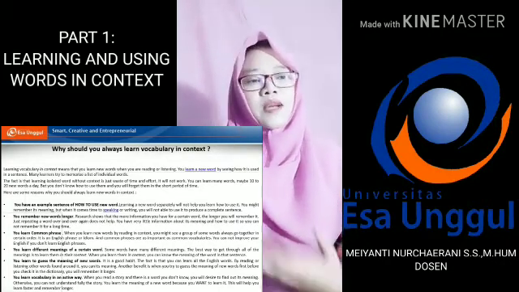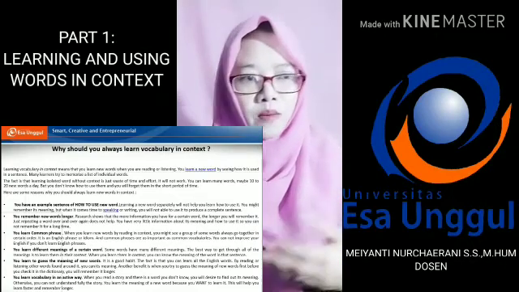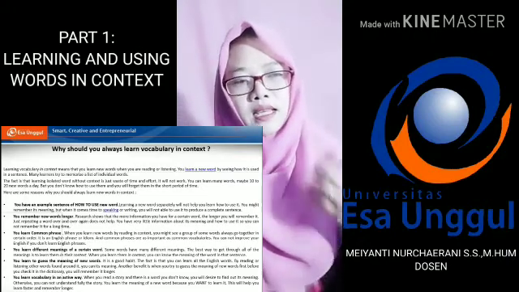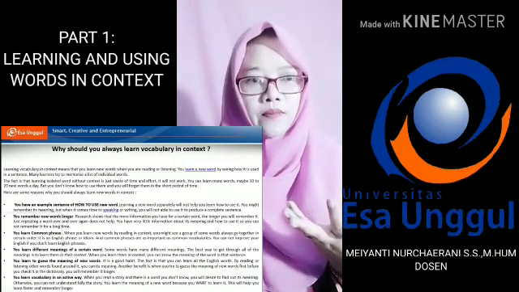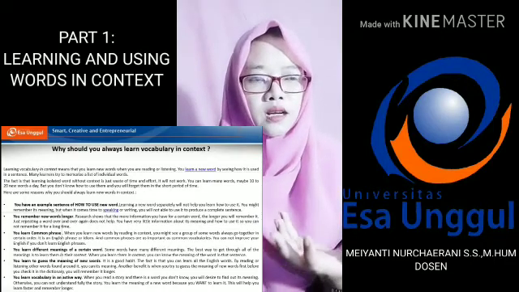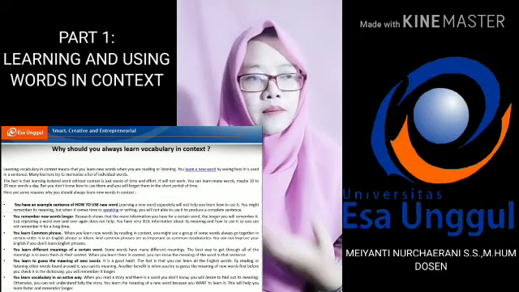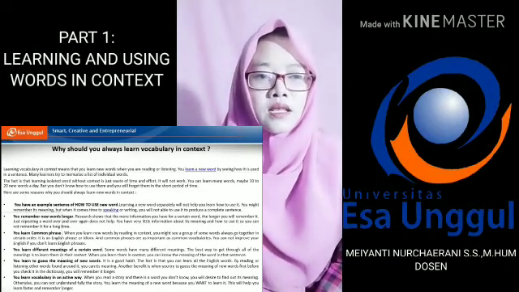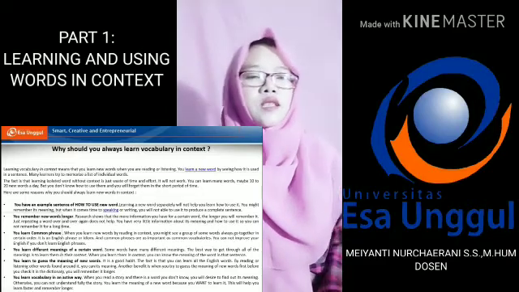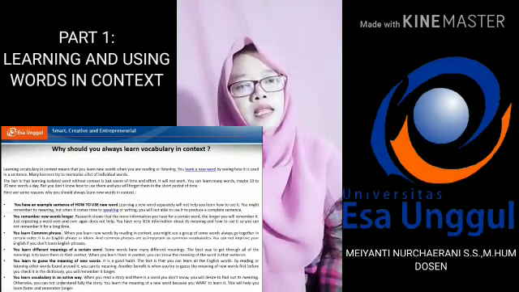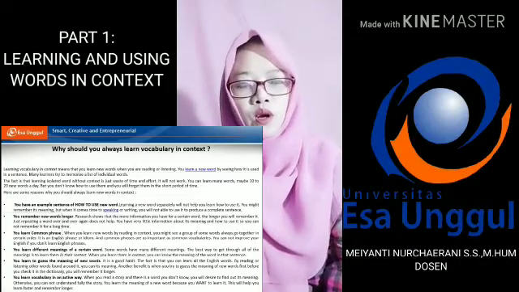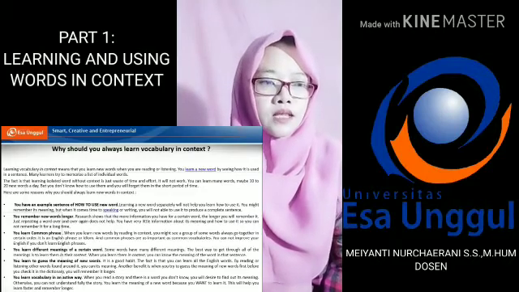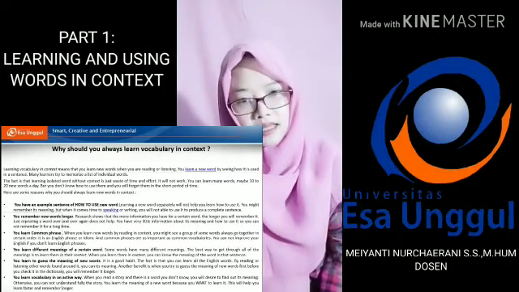Next, you learn common phrases. When you learn new words by reading in context, you might see a group of words that always go together in a certain word order. It is an English phrase or idiom. And common phrases are as important as common vocab. You cannot improve your English if you don't learn English phrases. Then, you learn different meanings of a certain word. Some words have many different meanings. The best way to get through all the meanings is to learn them in their context. When you learn them in context, you can know the meaning of the word in that sentence.